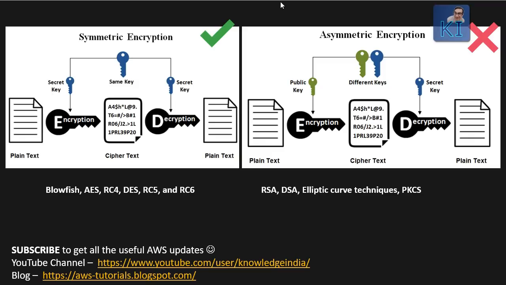So that's a symmetric encryption. And as we go forward and look at KMS, please understand that KMS supports symmetric encryption. It doesn't support asymmetric. On the right hand side, you can see algorithms like RSA and elliptic curve techniques, all of those are asymmetric encryption. Anyway, we are talking about symmetric encryption here,